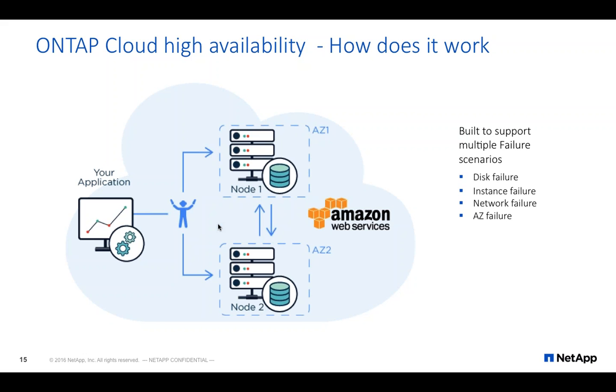And from a best practice standpoint, we recommend running one node in one availability zone and a second node in a secondary availability zone. And that really protects you against a scenario where an availability zone goes down with Amazon, or there's an issue with networking in an availability zone, you have a secondary location within their region to support